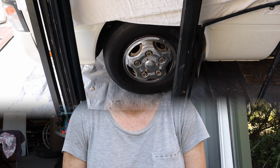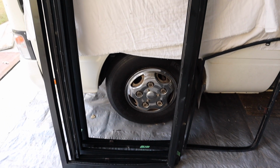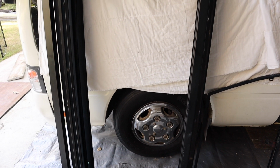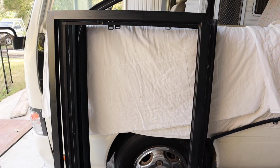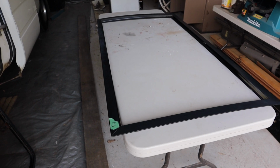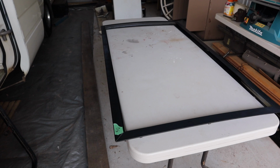So I managed to get all the mastic off these window frames and gave them a wash to get rid of as much of the dirt and mud that was on them as I could. So they're certainly looking a lot cleaner now. There's just one more thing I want to do with these frames before they're ready to go back into the bus. I'm actually going to give them a coat of paint because you can see, especially on this one here,